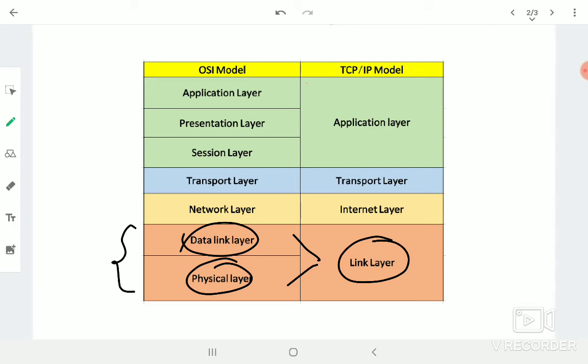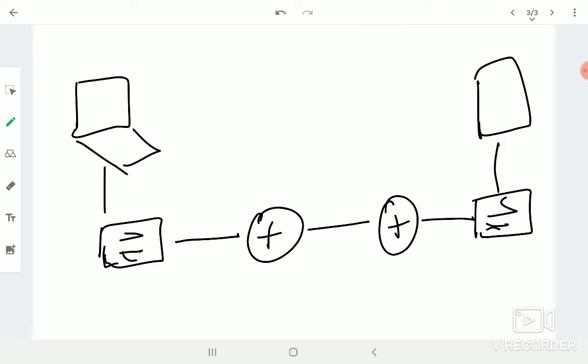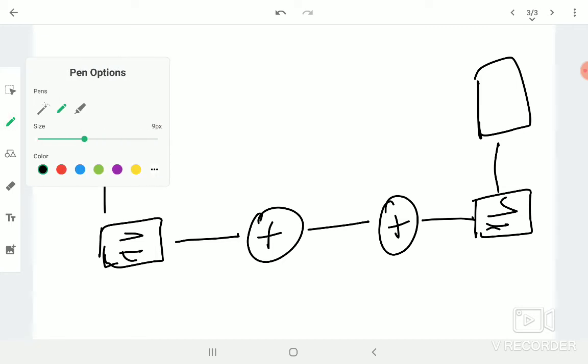And then we will try to make sense of why the TCP IP model combines these two layers into one layer. Now physical layer is essentially how we send